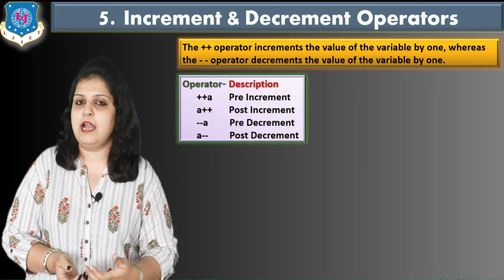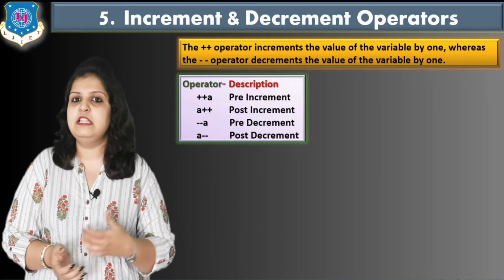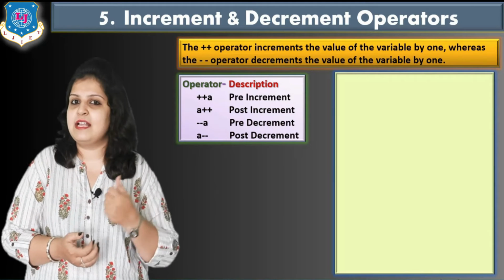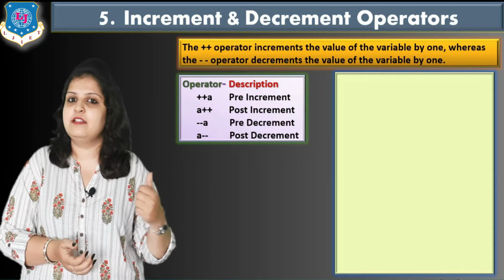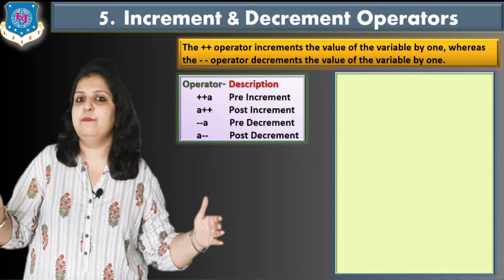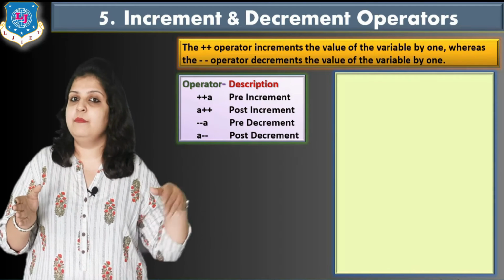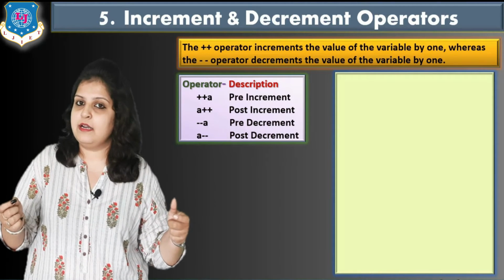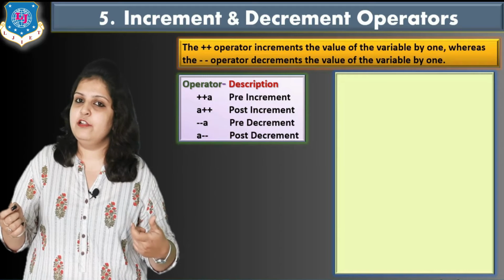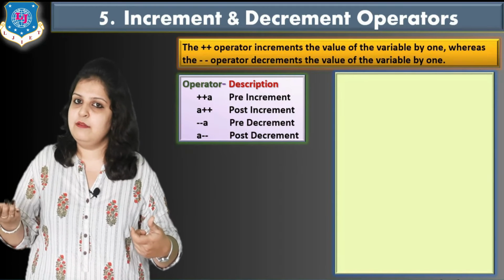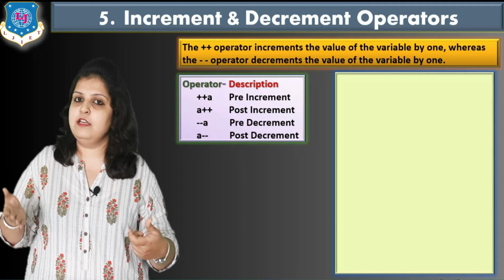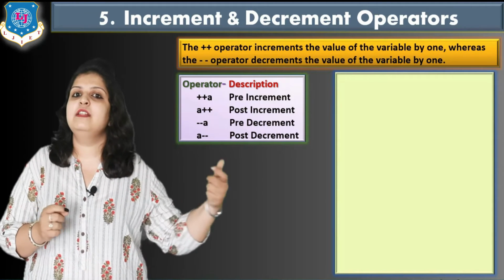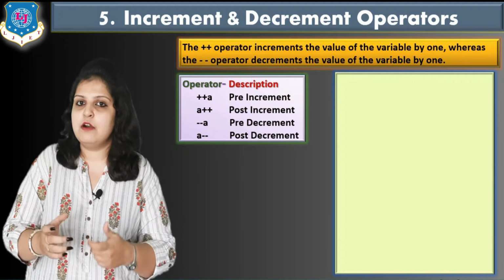Now you may think, what is the difference between these two types of increment and decrement? So let's see with one example to clear up the difference between pre and post. When you write plus plus before or after an operand, the value of this particular operand will be increased in both cases, but when you assign the value to another variable, the difference shows up there. How? Let's see.